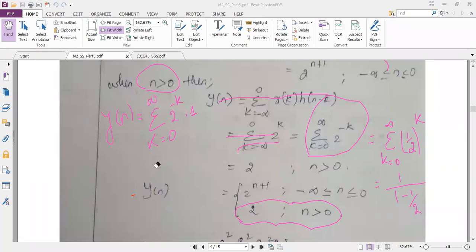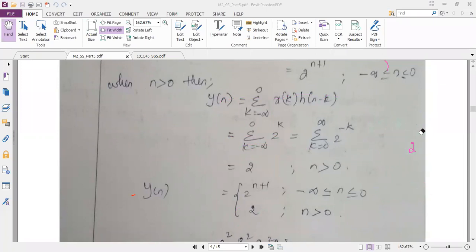So this problem sets an example of what? When both the inputs are at the minus x-axis, I will get two outputs. Whereas in the earlier problem we have seen we will get only one output, and for another range of n values we won't get output. But here we will get two outputs. So for one output, my summation will be from minus infinity to n, and the next output is for k equal to 0 to infinity.